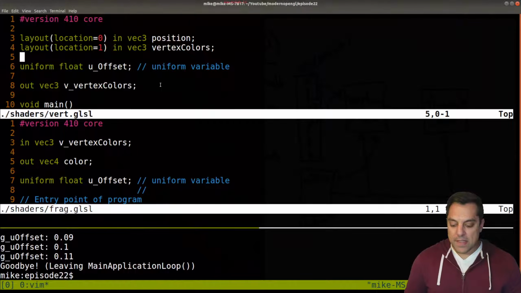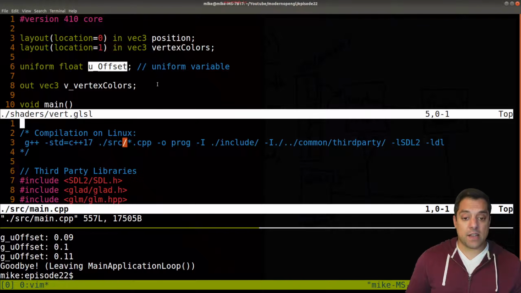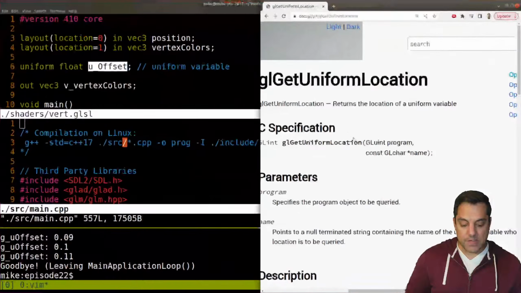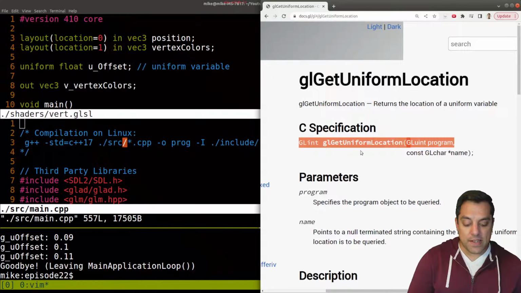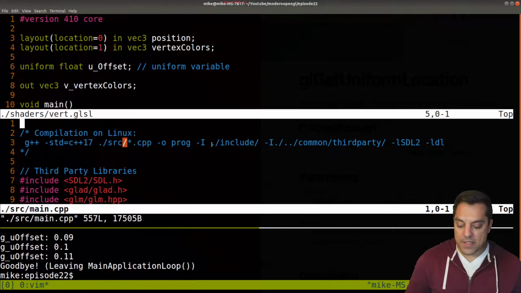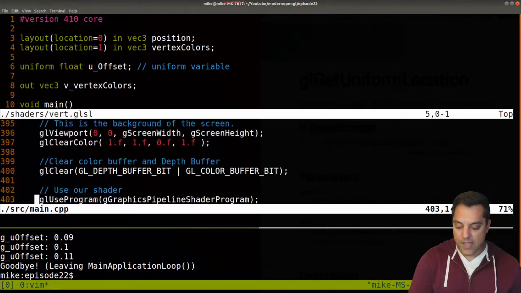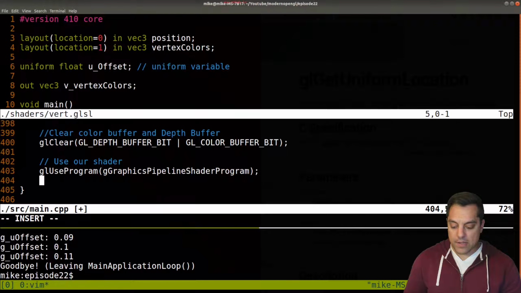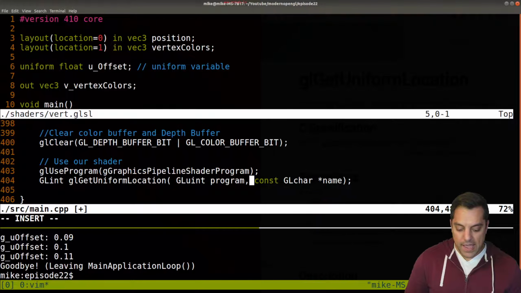Let's actually do it in the program, and I think that'll also help you understand what's going on. Super important here: let me open up our source, so that we make sure we name things 100% correct. Because we're going to be using this function, glGetUniformLocation, and it's going to return us a number. In fact, I'm going to print it out for you so you can see what it is. Let's copy this here. I'm going to go down to our pre-draw routine, and right after I use our shader, let's use this function here. And here's where I'm going to say exactly the spelling